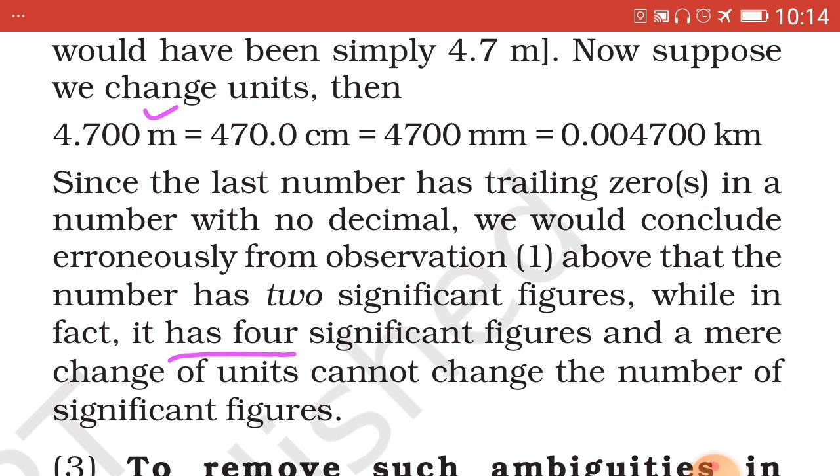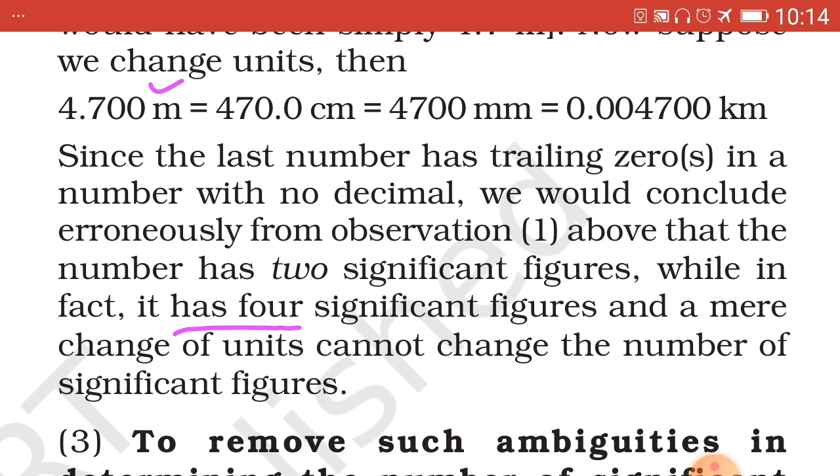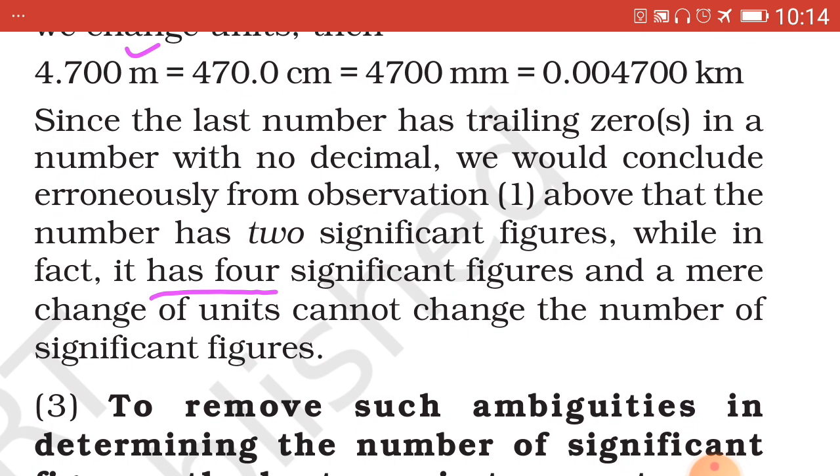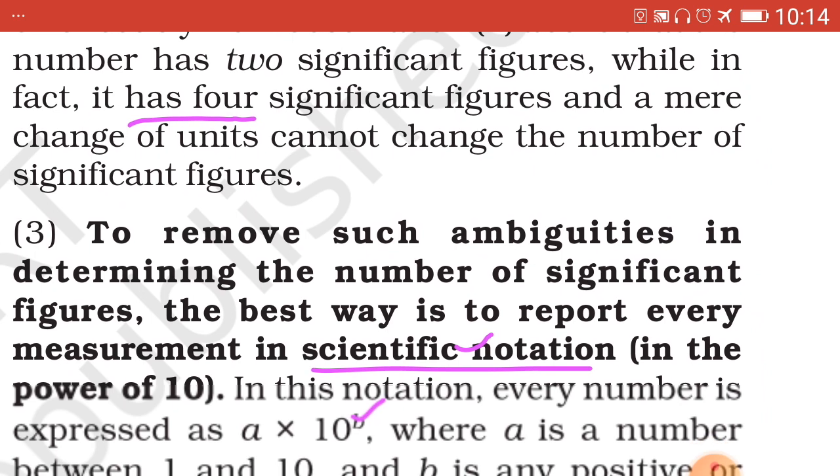4700, to 4 figures, so 47 and 00, again 4 significant figures. And the last one here, which is important, which is given in kilometer, 0.00, these 2 zeros after the 0 are not significant, while the last 2 zeros will be significant, that is 47 and the last 2 zeros again, so totally 4. So in all these cases the total number of significant figures is 4. Third one,